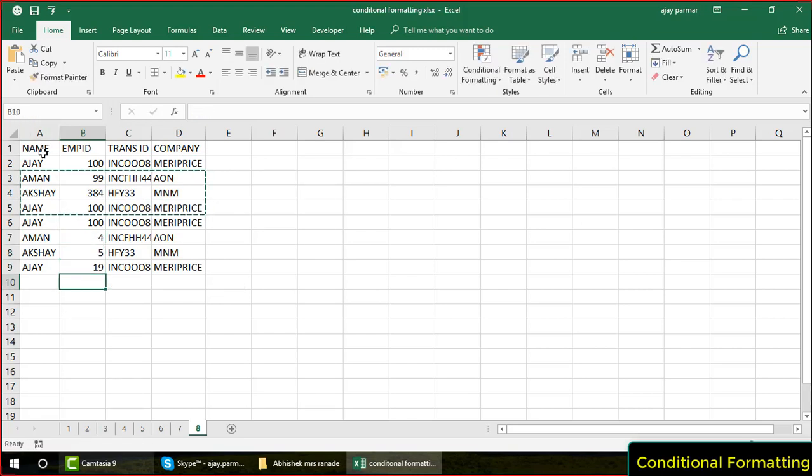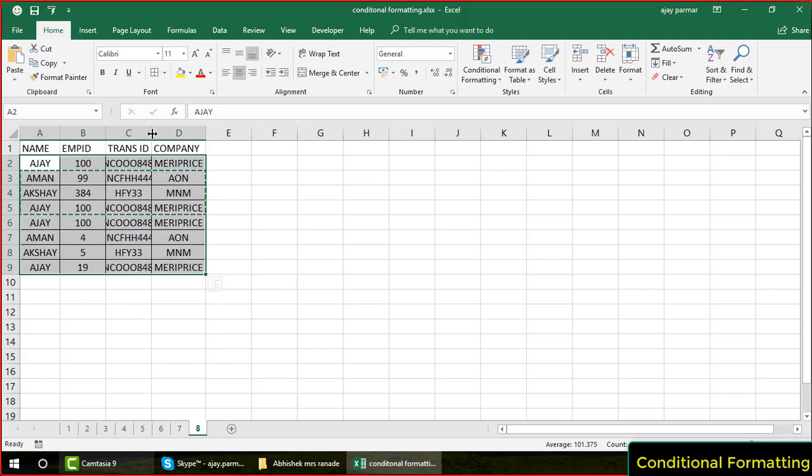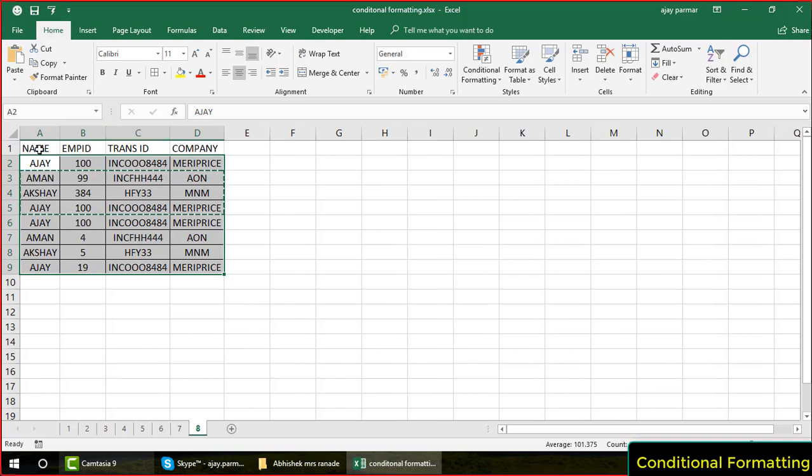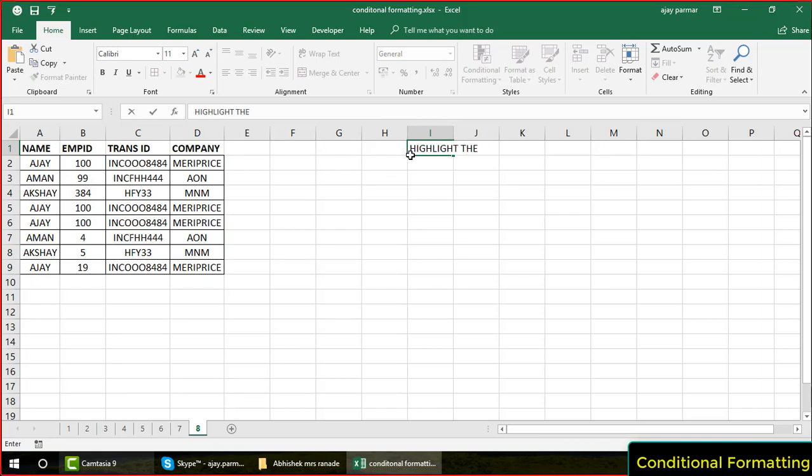So you are supposed to now find out the duplicate entries, but not just one entry. You have to find out the entire row which is repeating, and you want to, let's say, highlight it. This is the question, right? So what we want to do is highlight the